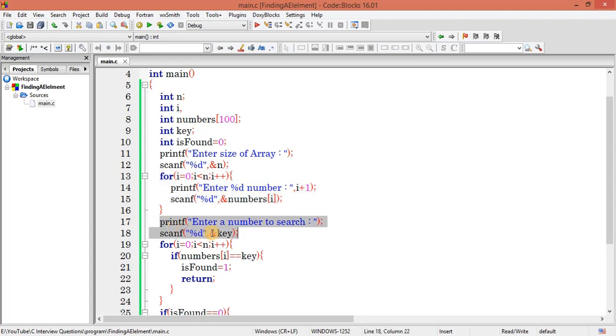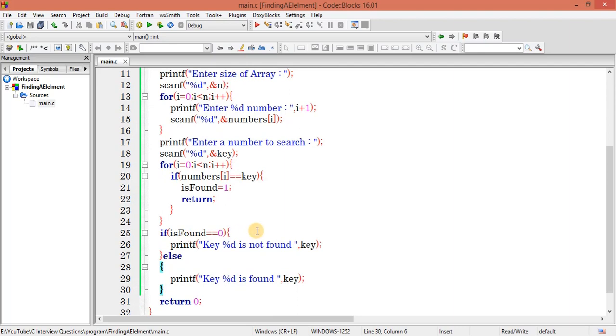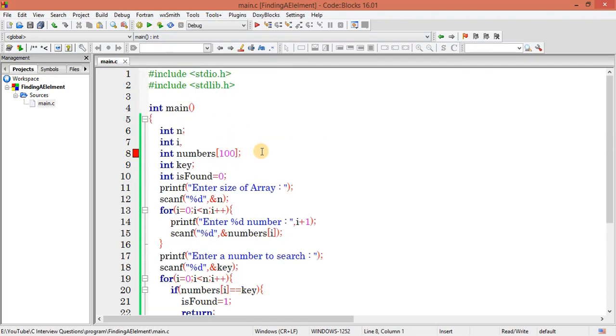Then I am getting the number which he wanted to search, and by using this for loop I am checking the number within the array, and if found I will stop the loop, otherwise it will continue. Finally I am checking the condition: if found equal to 0, it was 0 at the starting stage and it is still 0, so we haven't found it. Once it gets inside this loop it will be 1. So if the condition is false, that means we found the element. Now save it, and what is the error?